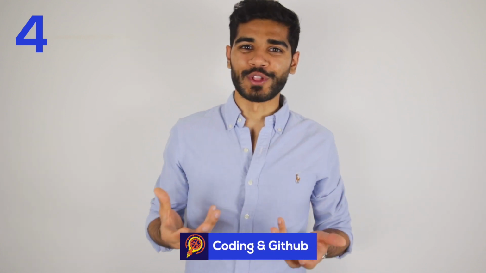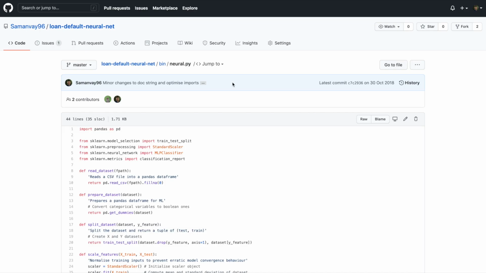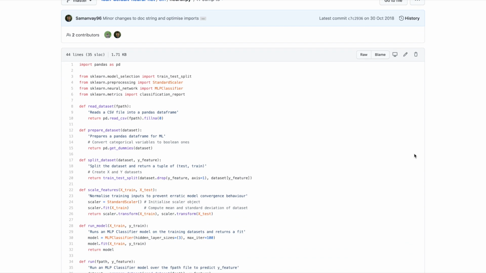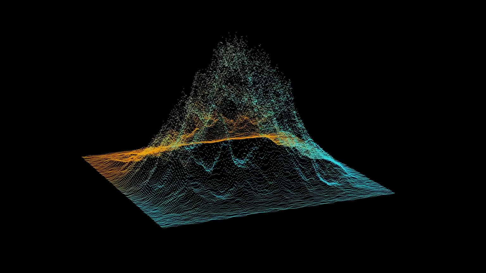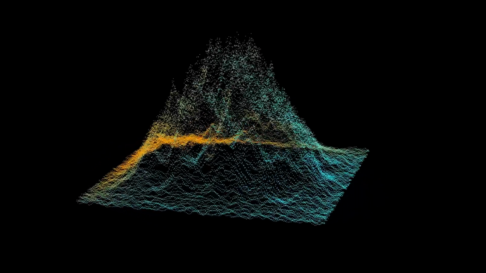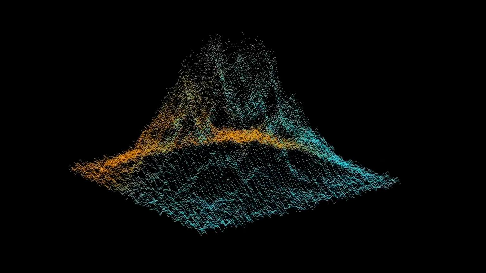The 4th step in getting started with data science is coding. I've already mentioned that Python is the lingua franca of data science. So once you've learned the basics, I'd recommend starting hobby projects, which are pretty much any problem that you want to solve using Python and machine learning. And I'd encourage you to showcase those projects on GitHub, as it's a great way of showing off your skills for your future employer. It'll also force you to be creative and hone your problem-solving skills, because at the end of the day, data science is all about solving problems.